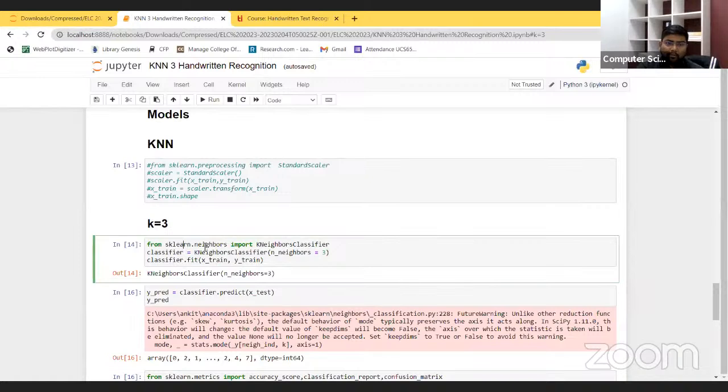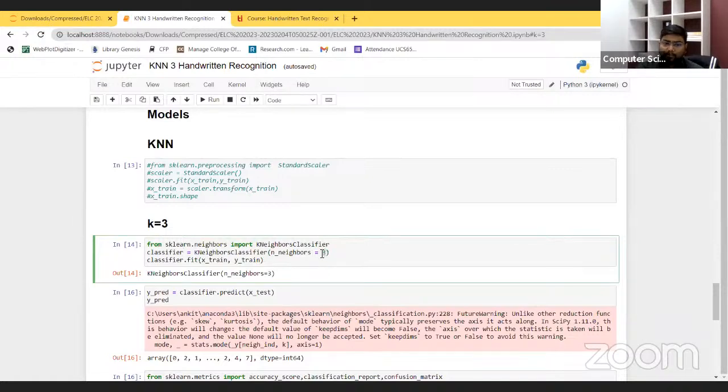For that, we have used sklearn.neighbors, and from there we have imported KNeighborsClassifier, that is the KNN classifier. We have taken a variable name, classifier, and we have chosen KNeighborsClassifier, and for the total number of neighbors,